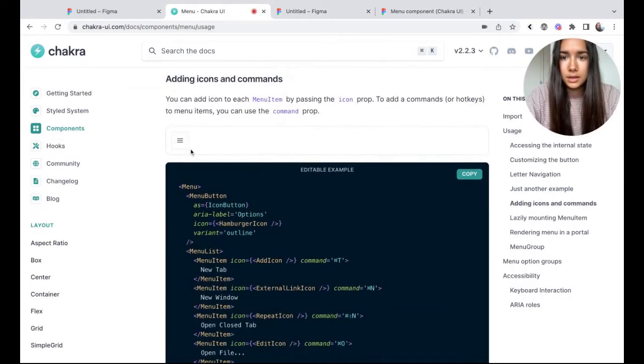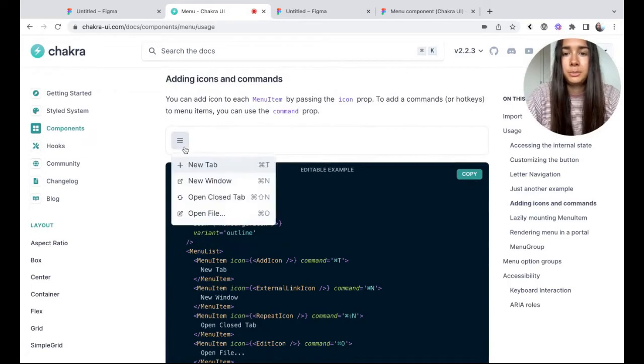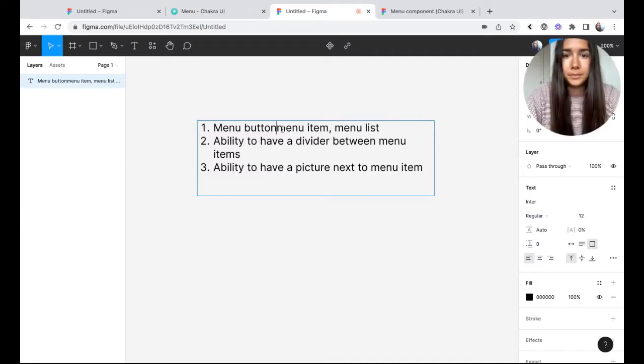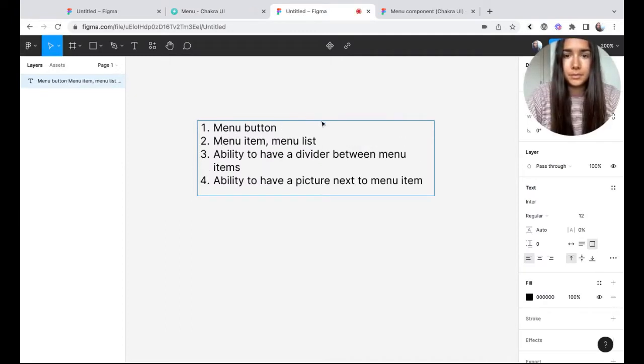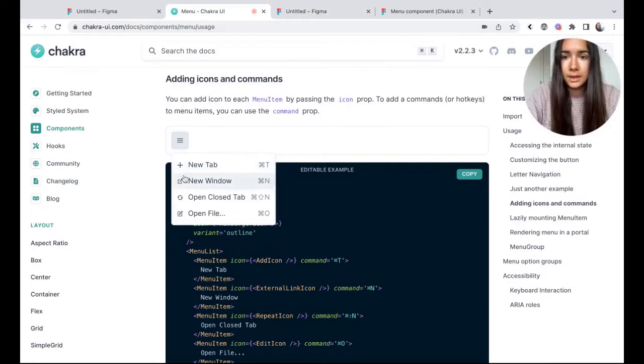And we also want to be able to just have an icon as our menu button. And we also want to be able to have an icon next to the menu item.